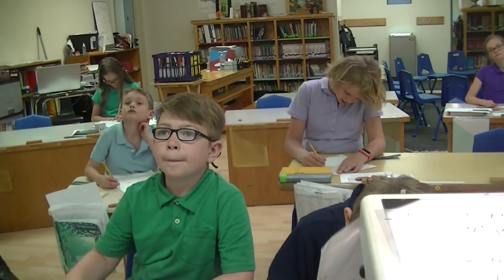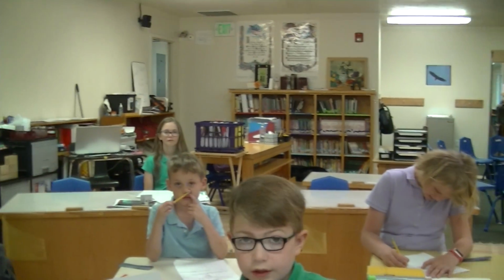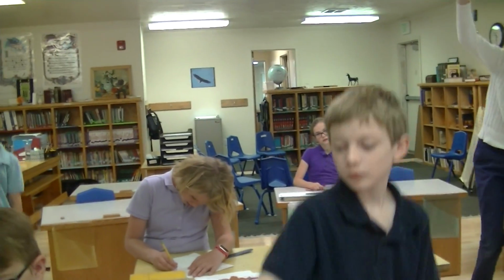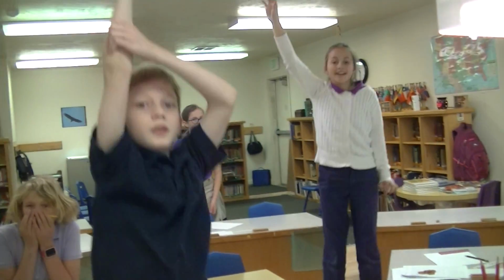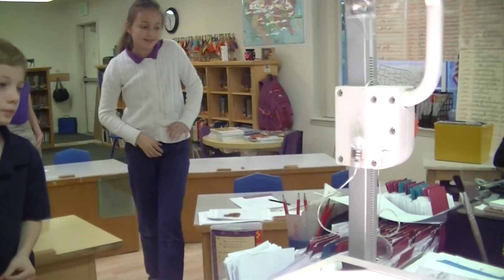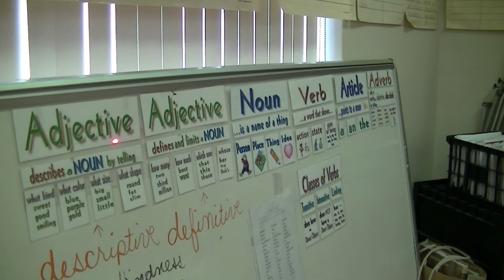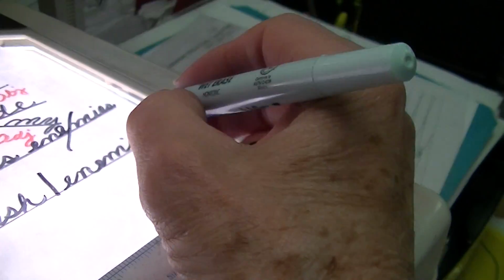Now we have one word left. We're going to ask ourselves, does it talk about a noun or a verb? Does it talk about the noun or the verb? His, does it talk about the verb or the noun? What do you think, Brooke? The noun. Ooh. So a word that adds to a noun by defining or describing is called an adjective. Yes, it always describes or defines a noun. So now we have to draw our line right under enemies